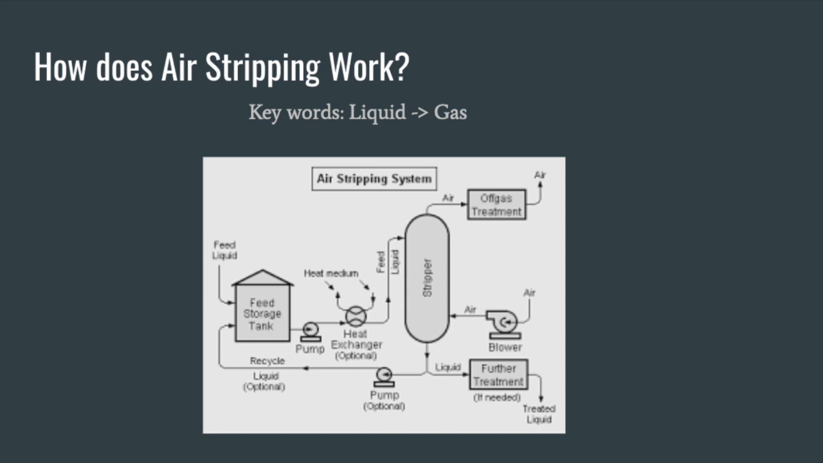Then we will take a look at how air stripping method works. The key part of air stripping method is changing chemicals from liquid to gas. Specifically, air stripping removes chemicals called volatile organic compounds, or VOCs. VOCs are chemicals that easily evaporate, which means they can change from a liquid to a vapor or a gas